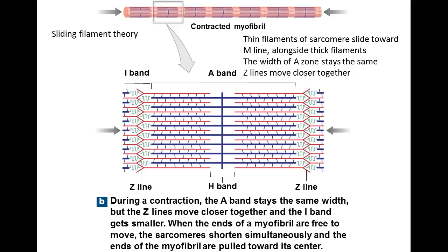This image again comes from your book. This shows a contracted muscle, and what you have is the thick filament is still the purple, the thin filament is the reddish color, and you have the thin filament moving toward that M line. You have the H band in place, but what you have is a diminishment of the I band. The I band almost goes away, and that contracts the sarcomere, contracting the entire muscle, because this action takes place